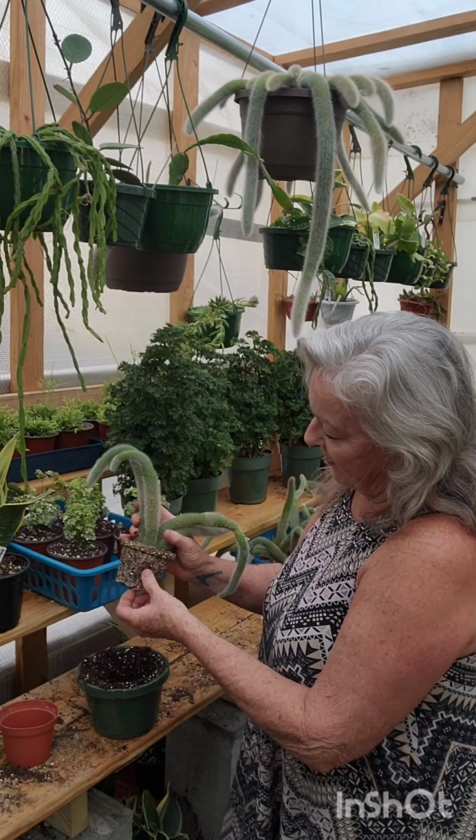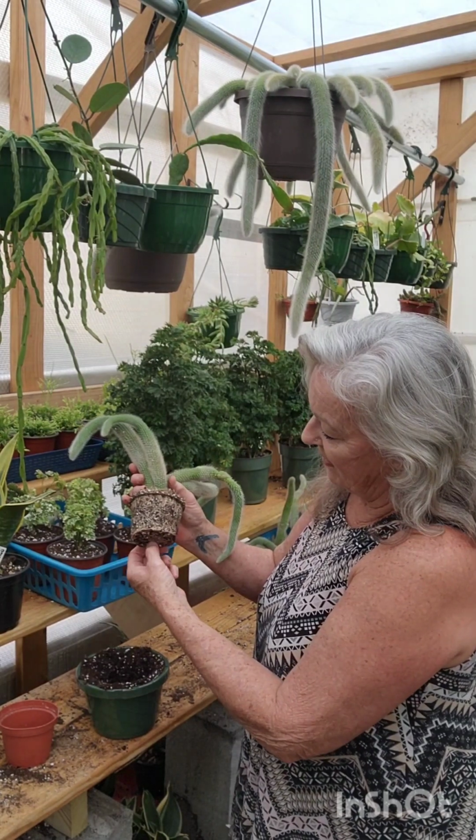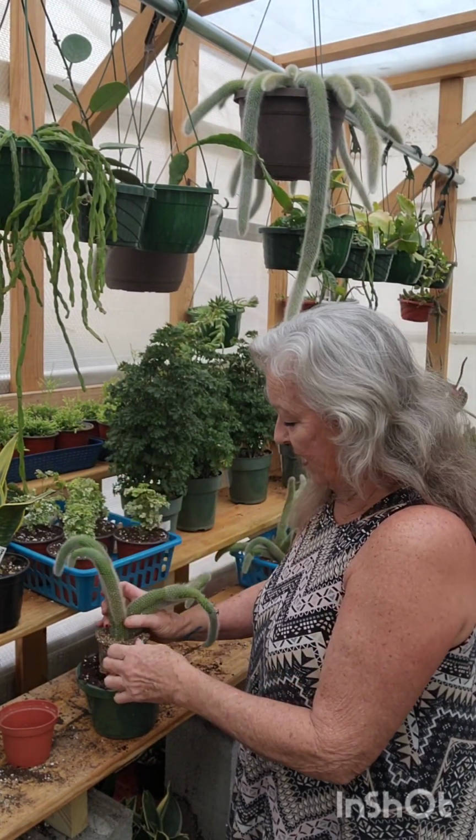We're a little bit tight on there, so all I'm going to do is just kind of break up the bottom just a little bit. I don't want to really disrupt the roots a whole lot, but I want to encourage them to spread out,